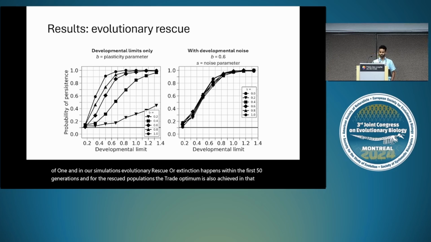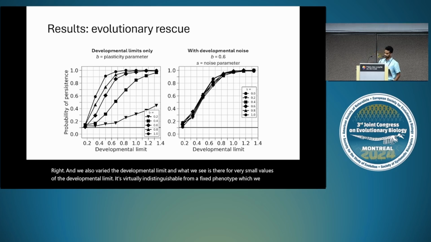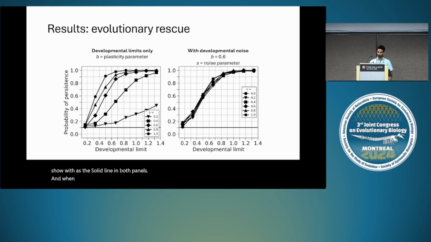So for developmental limits only, we varied the magnitude of the plasticity expression parameter, B, which affects how much the plasticity alleles affect the steepness of the sigmoid. And we also varied the developmental limit. And what we see is for very small values of the developmental limit, it's virtually indistinguishable from a fixed phenotype, which we show as the solid line in both panels. And when the developmental limit gets closer to 1, the survival is nearly 100%, provided that the plasticity expression is